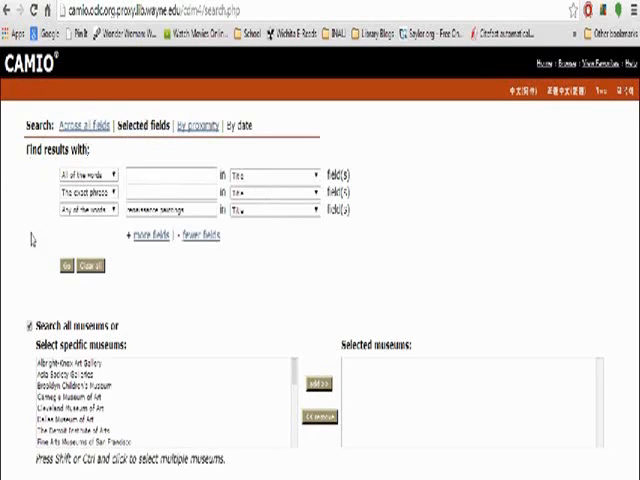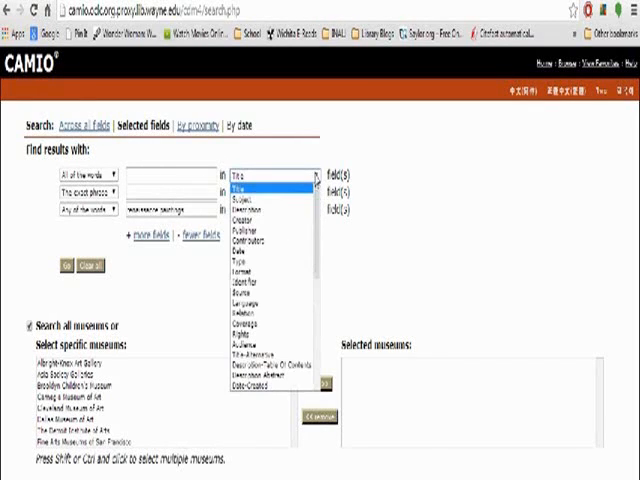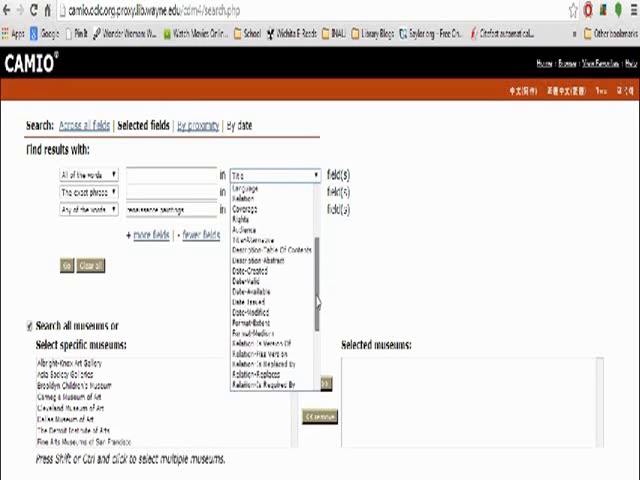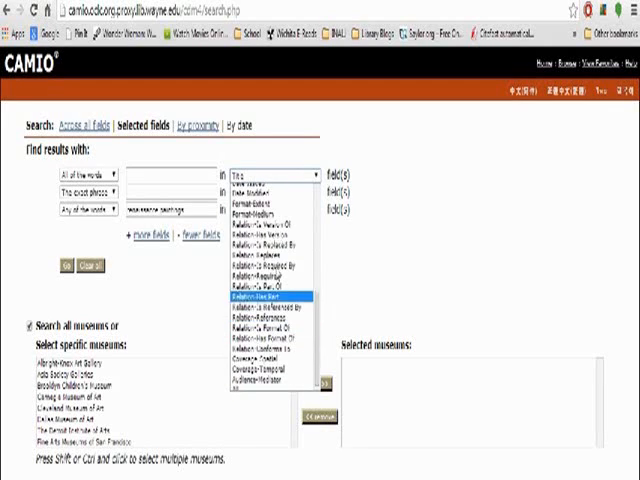Another option you can use is selected fields. This is your standard advanced search you would see in most databases, where you can select different fields. This one has quite a bit. You can go by title of the work, subject, description, creator. If you see, when I scroll down, it even has some